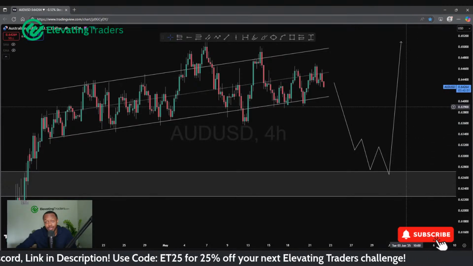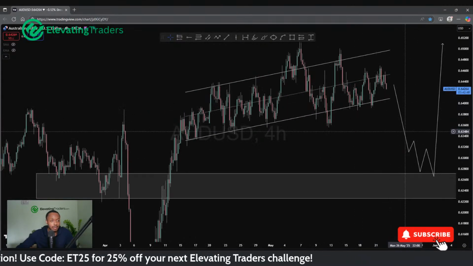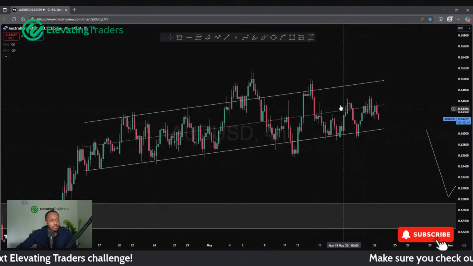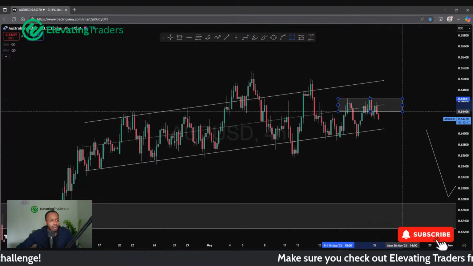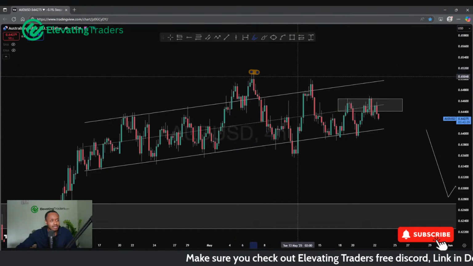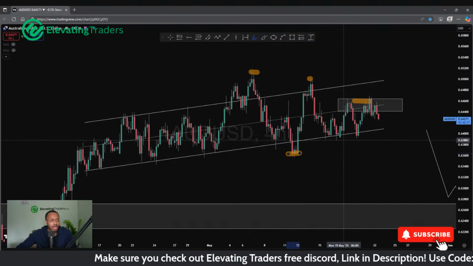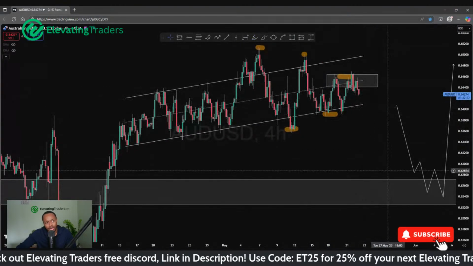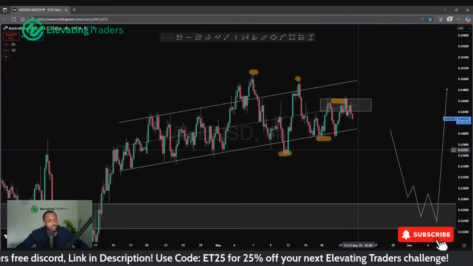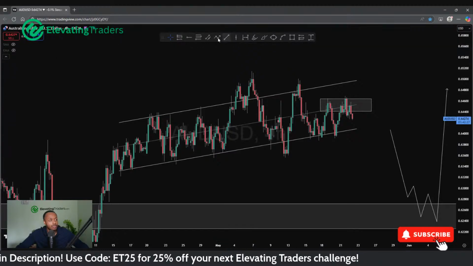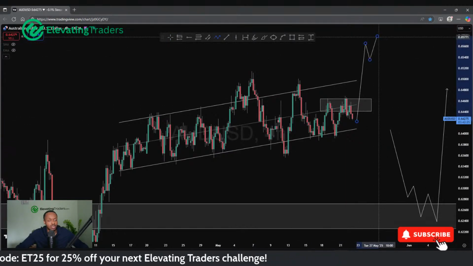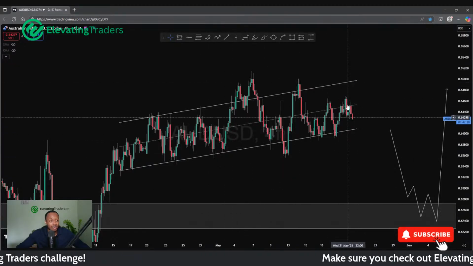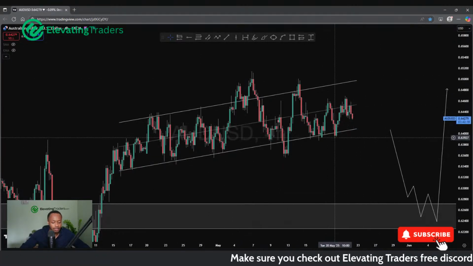To be honest, that's all I can do with Aussie dollar, because I am definitely not interested in trading anywhere in here. I'm still seeing resistance being respected pretty well. Potentially some lower highs here, so it looks like we are fatiguing, but at the same time, we're still keeping up the higher lows. It's just the lack of momentum is why I kind of expect price to roll over. But we'll see how Aussie dollar develops. I wouldn't be surprised either if we just kind of break to the upside and be on our way. But I'm not really seeing much of an opportunity in this area. Even on the lower time frames, I would stay away.